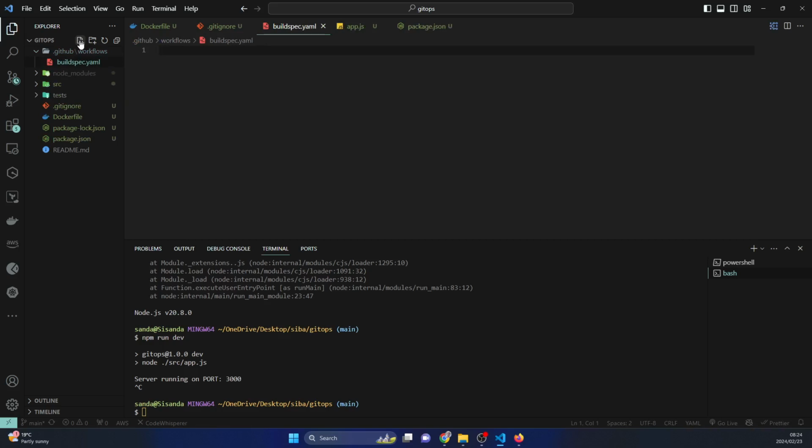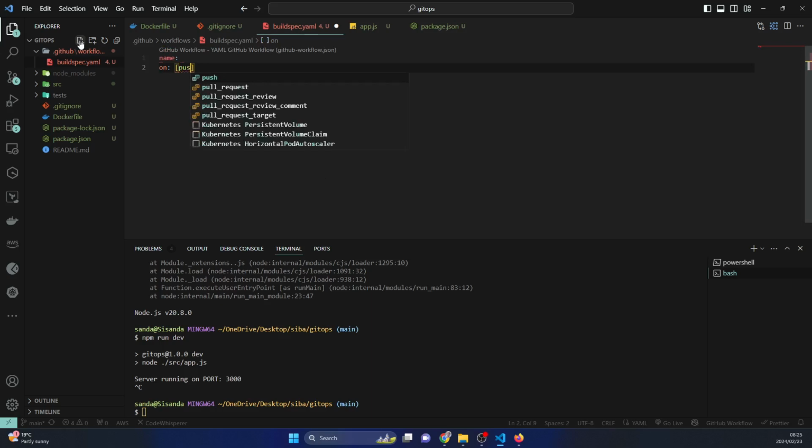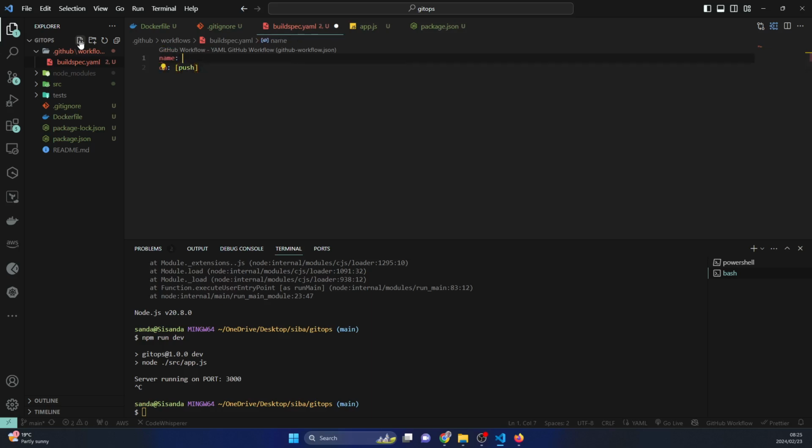And there's a couple of properties that are necessary. So one of them is the name, and then we're going to have the property on, and essentially what that entails is what event do we want to trigger this pipeline, and in our case it'll be when we push our changes to GitHub. Now I'm going to just give it a name, and I'll say it's Express.js API CI